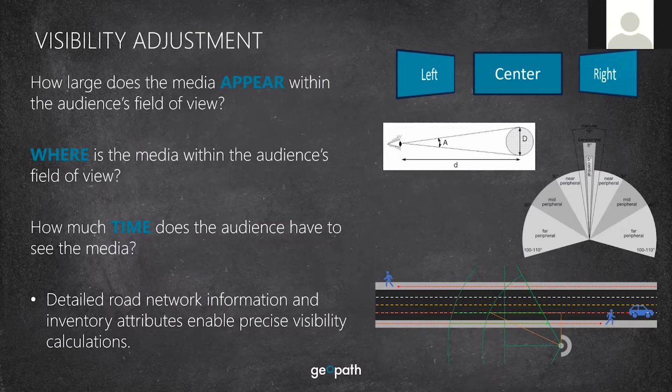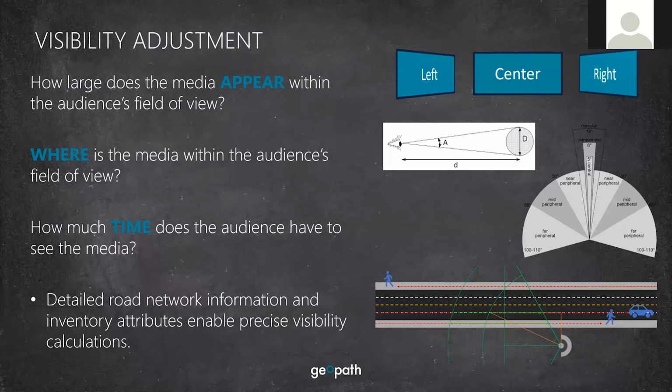We have some inventory that's facing the wrong direction on a one-way street, so it can't be seen by vehicular audiences, but it still gets pedestrian credit. So we have every single one of those inventory and roadway assignments curated, audited, and we're going through a lot of cleansing of that with the new methods to make sure that our members get the most precise and accurate